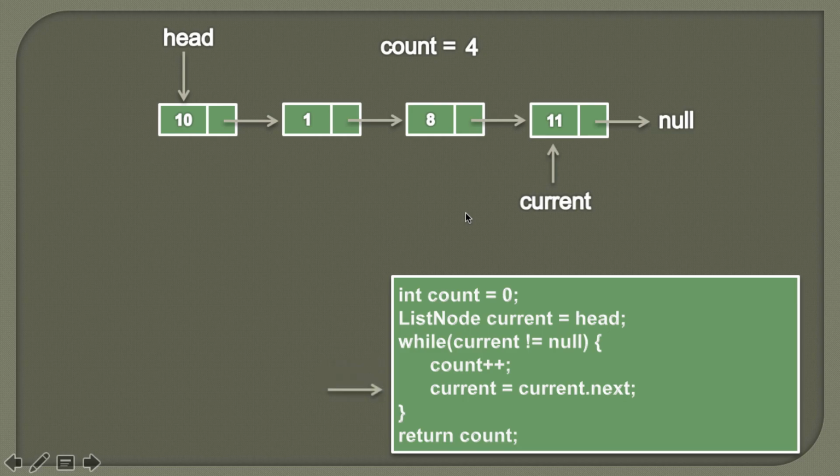And then we'll simply traverse current to its next node by assigning the current.next value to current. So here you can see current is pointing to the last node and its next is pointing to null. And as we are assigning the current.next value to current, now current will point to null. So it would look something like this.